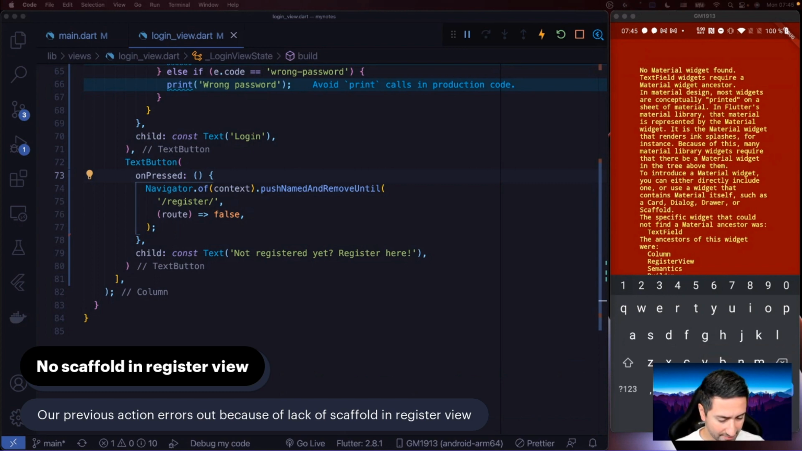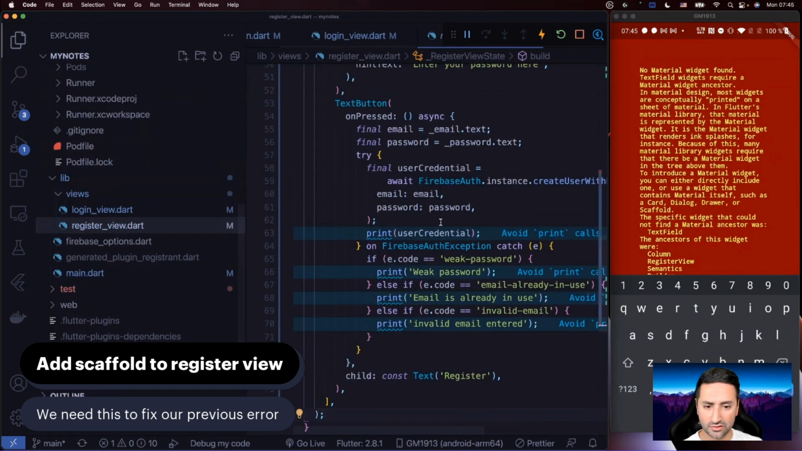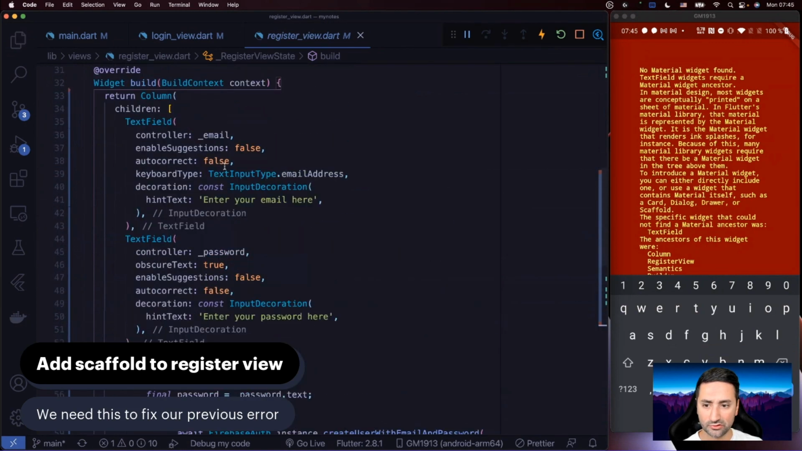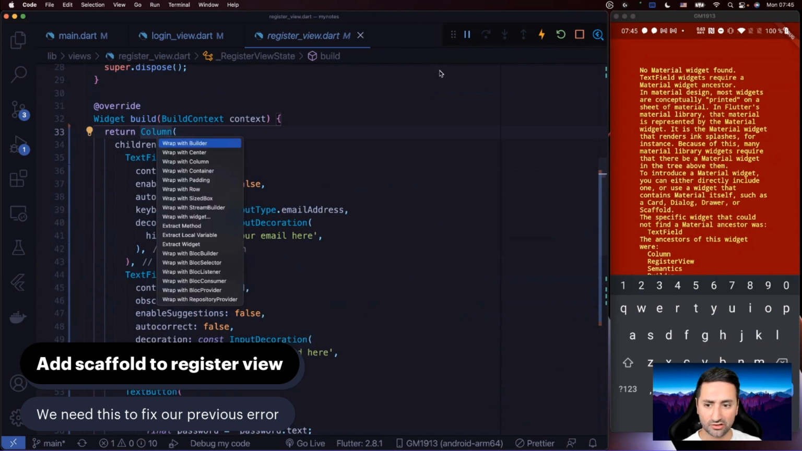So as the next thing, what we need to do now is to go to our register view, which is what we're pushing here, and make sure that our register view now has all of a sudden a scaffold. All right, so let's go to lib here and register view. Gonna remove this project explorer here. At the moment we're returning a column. What I'm gonna do is gonna command click on Mac or control click on Linux and Windows and say wrap